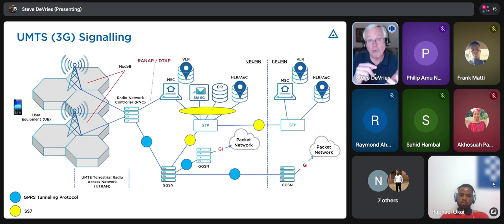So if you use your mobile phone and you're roaming, www.anything.com, and you're roaming in another network, that data gets sent back to the home system, and they measure your data. Now, if you use your phone to place a call, then you use the visited system. You use the circuit switch part of the visited system. So it's kind of an important distinction.